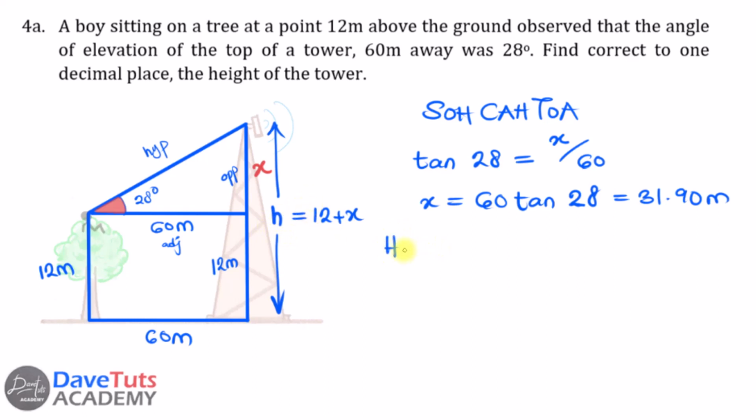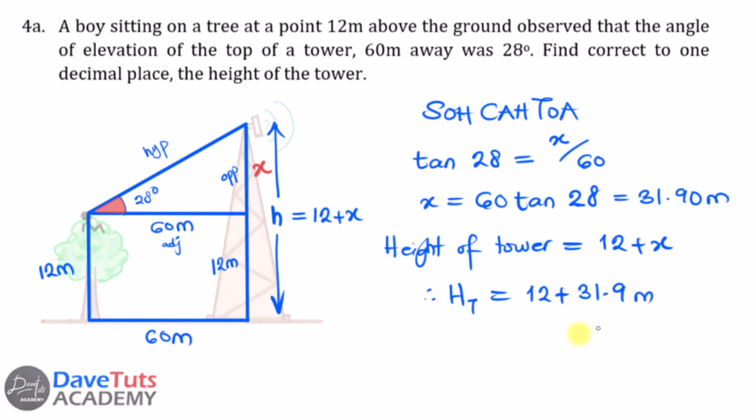We can see that the height of the tower, from what we have been able to deduce from our diagram, is nothing but 12 plus x. Therefore h_t, which is the height of the tower, is 12 plus 31.9 meters. Okay, so that will be 43.9 meters. And oh good, we are even asked to find it correct to one decimal place. So in this particular case, 43.9 meters is going to be the value of the height of this tower as